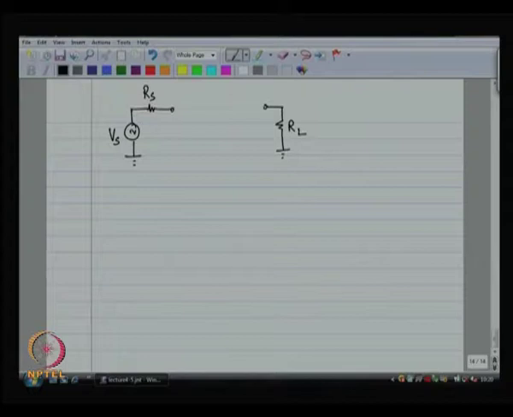Now, for maximum power transfer, given R s, R L has to be equal to R s. This is for maximum power transfer. What if R L is not equal to R s? What do you do? Do you give up? Alternatively,